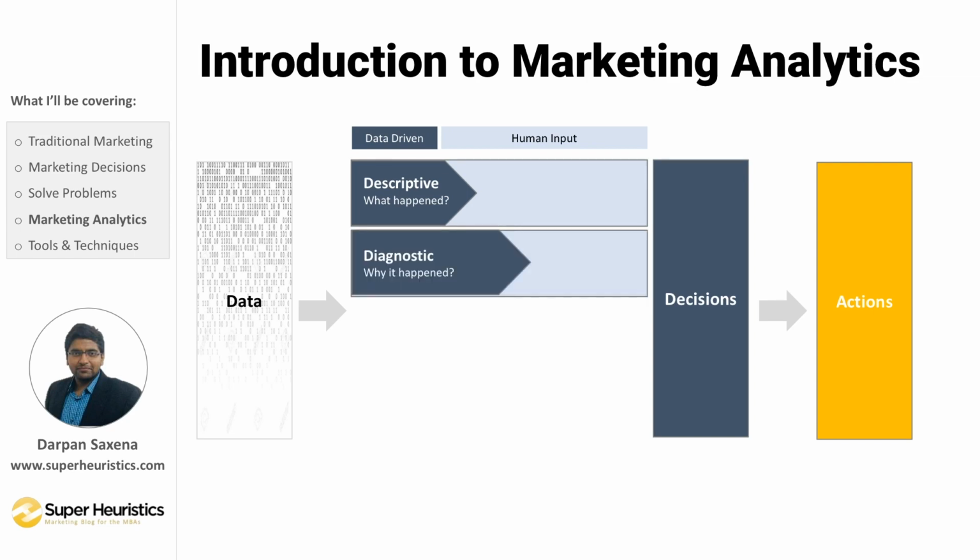Secondly, if now you want to understand why it happened. Say you spent some X amount on Facebook and you had some Y amount of leads from it, which was an extremely small number, and you would want to understand why it happened like this. Then you would have to do some sort of analysis and also some amount of human input. However, now the human input has to be smaller because a lot of analysis can happen with the help of data itself. So now the human analysis is slightly smaller.